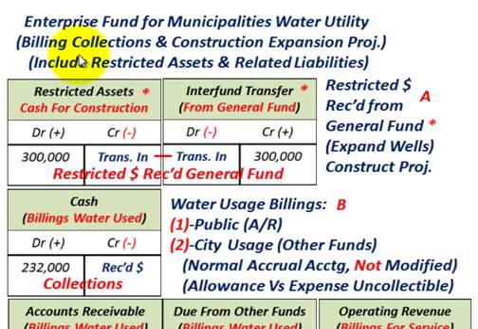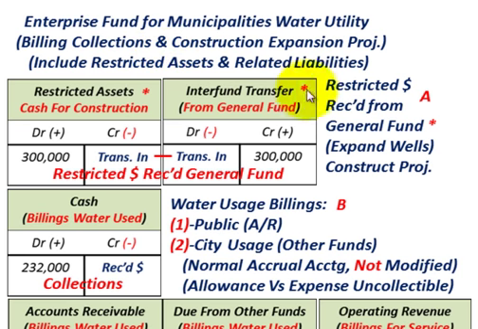Okay, and with this enterprise fund, this is where we're going to include restricted assets and the related liability. So that's sort of a new concept here. It's used in the enterprise fund, and the enterprise fund here is part of your governmental accounting. But the enterprise fund is going to operate much like a normal business using accrual accounting.